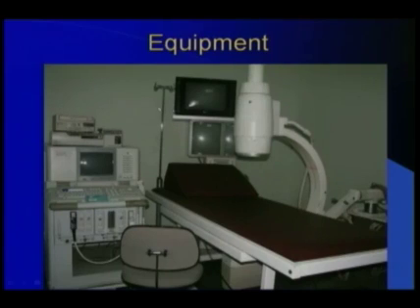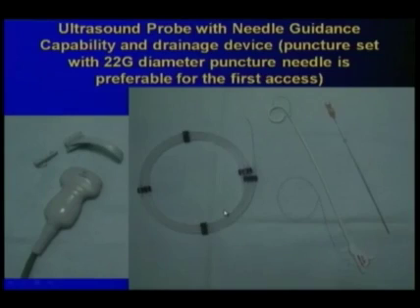This is the equipment, very simple equipment, which we can use for such procedures. This is the ultrasound unit, C-arm unit, and operating table, which moves from the ultrasound area to the fluoroscopy area. You can see here the probes which we usually use. It might also be the linear array for freehand technique. When we use the convex, we almost always use the needle guide, which has adapters, which accepts the